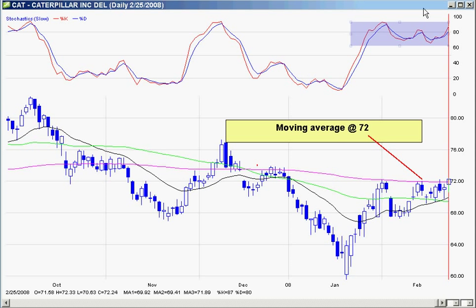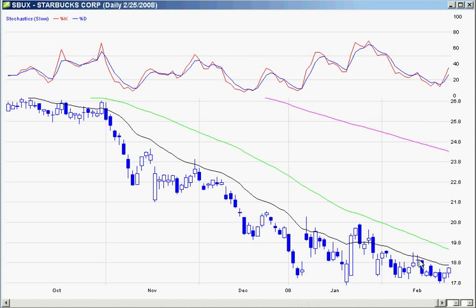Here's another one. As you know, I'm going over some of these, which are really starting to look really nice. Oversold stochastics here, that's a nice check mark, which I like to see, meaning that we got a nice buying pressure that came into the stock today. This could be a change of trend here. If you start to look at this downward trend line, you can see we kind of broke out of it. Our next point of resistance will be this 20 period moving average,